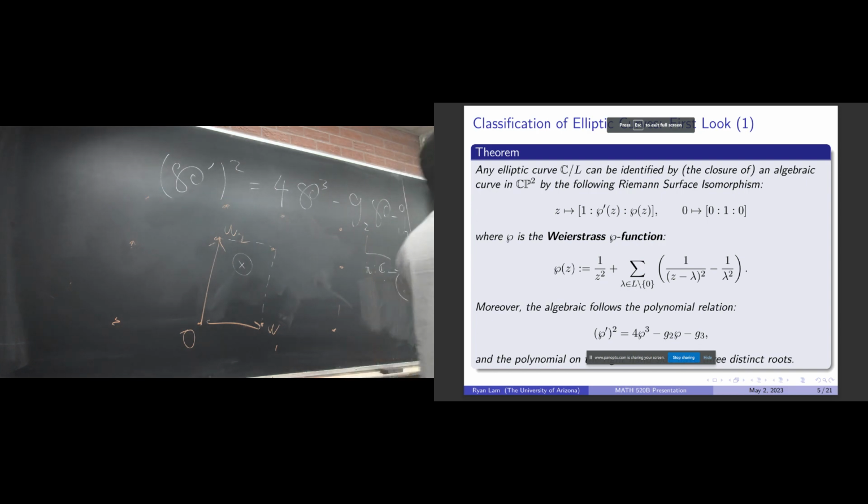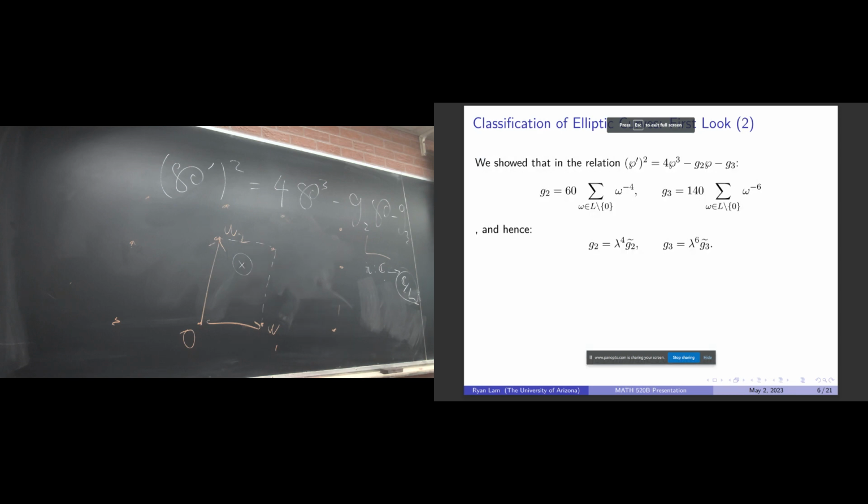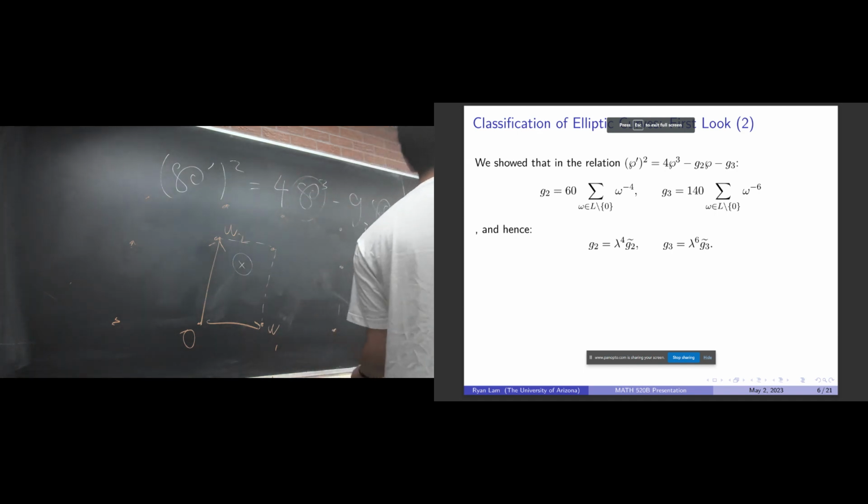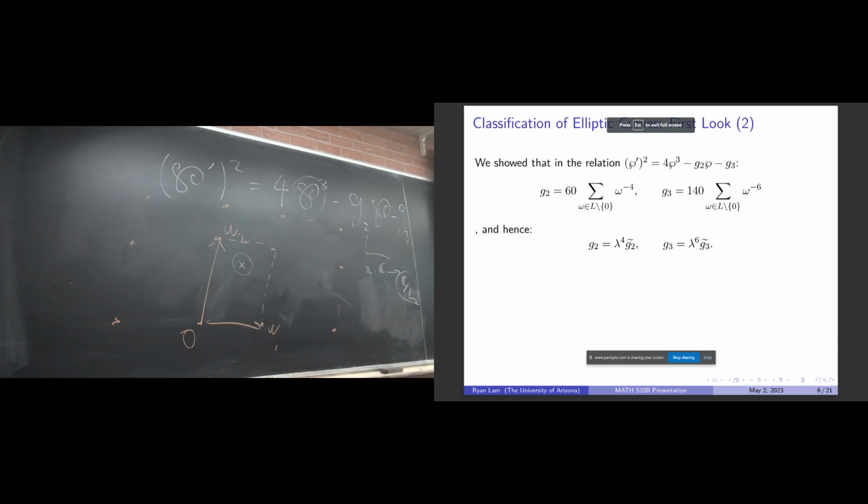C mod L, it is actually an algebraic curve, and we will use this very generously to specify elliptic curves as well. Okay, and in class, the way we show this is that we computed G2 and G3 by just saying that this Weierstrass P is a function with a double pole at infinity, and then write out its Laurent expansion, and then just choose the correct coefficients such that the terms in the series cancel off each other. And I think with some work you can show that G2 and G3 is